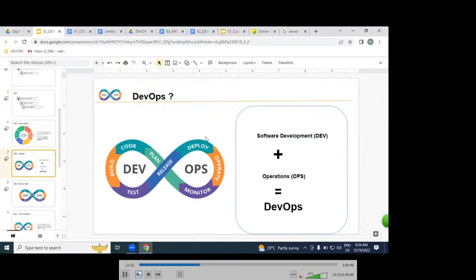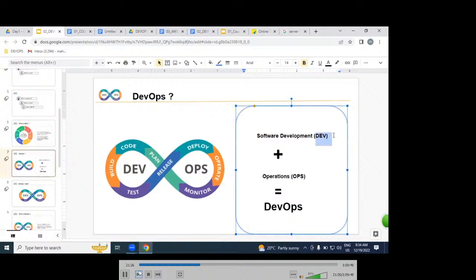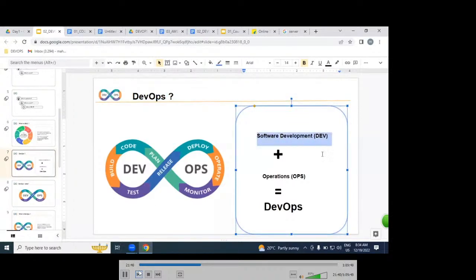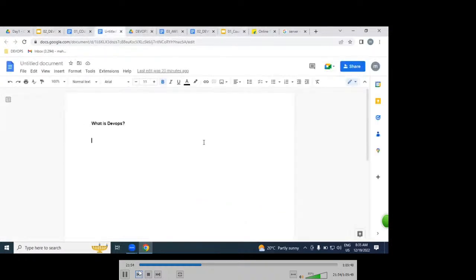What is DEV, guys, please? DEV is nothing but development. OPS is nothing but operations. The combination of software development plus operations, we call as DevOps. For example, let's say